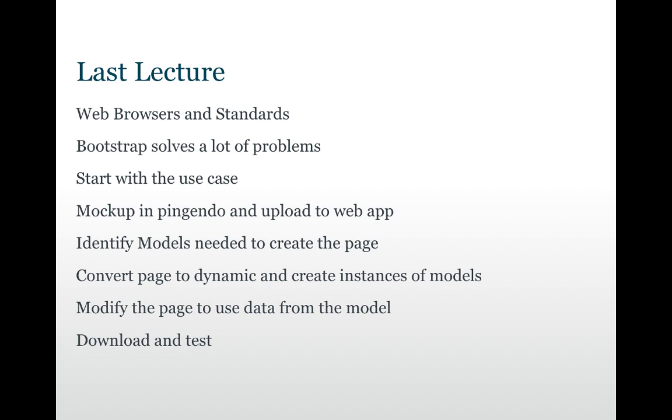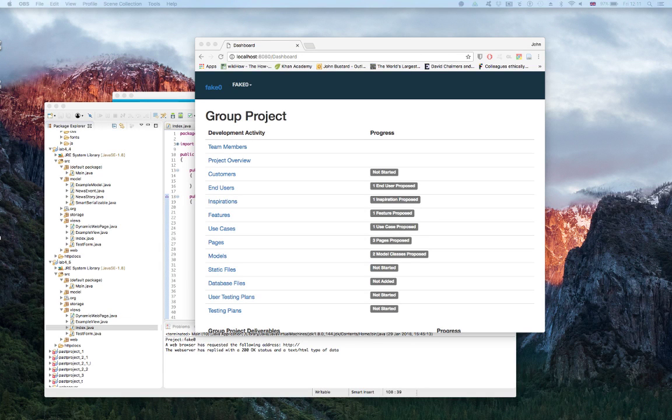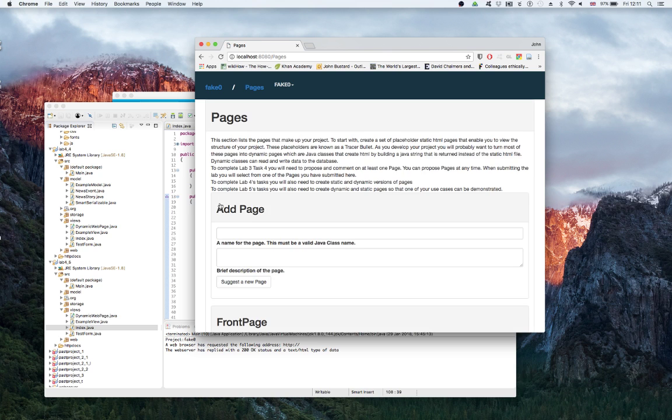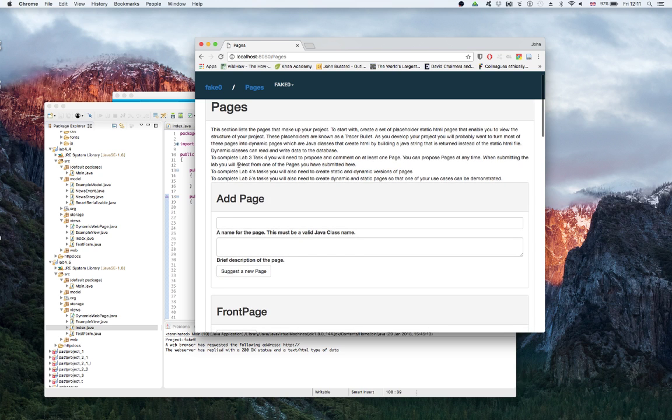To do next week's, the first thing you need to do is turn that into a real sort of template. So if I run what we were doing last time, I will show you. Actually, just before I do that, I can show you what it looks like. So the last step of the lab for this week requires you to go to the pages link here